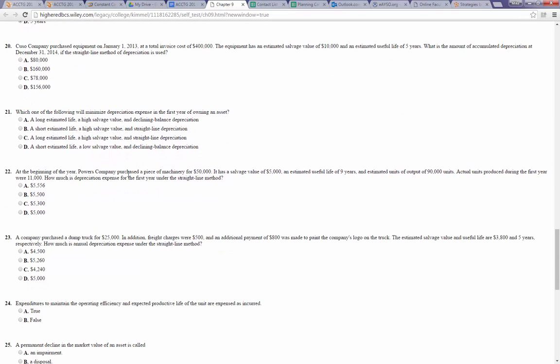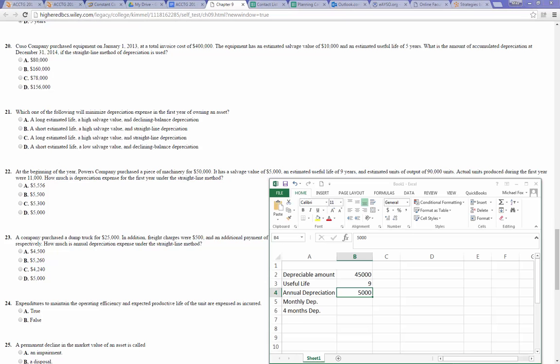Number 20, the CUSO company purchased equipment January 1st, 2013 at a total invoice cost of $400,000. The equipment has an estimated salvage value of $10,000 and an estimated useful life of 5 years. What is the amount of accumulated depreciation at December 31st, 2014 if the straight line method of depreciation is used? So again, figure out our depreciable amount. It is a $400,000 asset minus the salvage value of $10,000, so there'll be $390,000 in